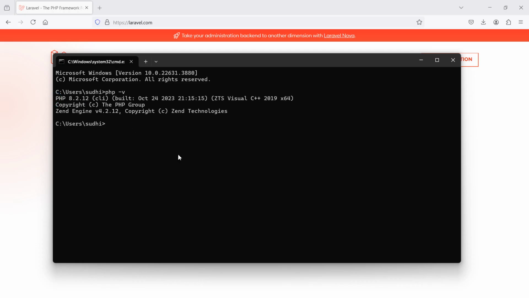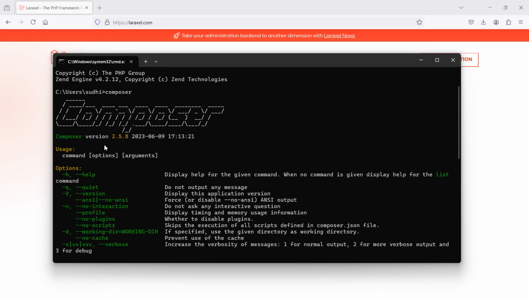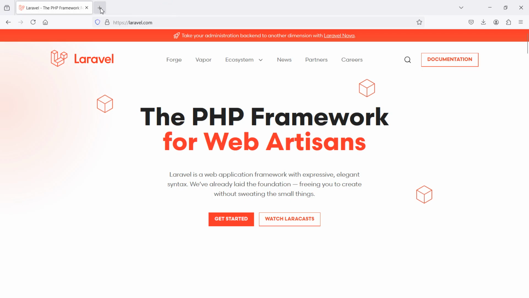Now let's check Composer. For that, simply type Composer and hit enter, and you can see here the Composer version, which is 2.5.8. Okay, if you have not installed PHP and Composer, for installing PHP, simply go to google.com and